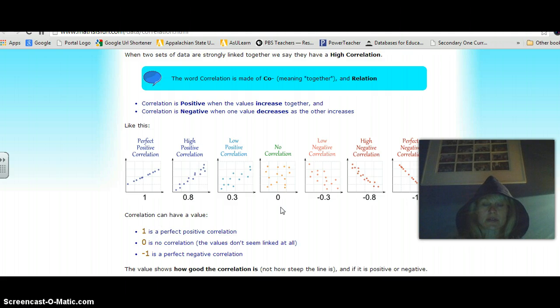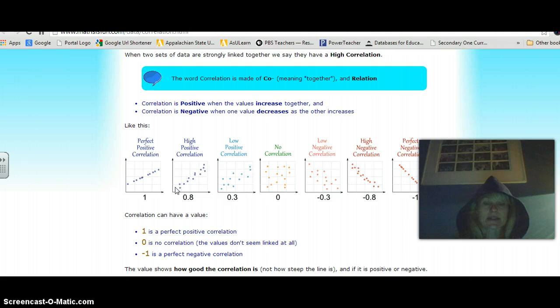Zero, of course, is no correlation. -1 is a perfect negative correlation, so again, you should have a negative looking line. But there's been some confusion about how the correlation is affected when it's not quite these numbers. This has a 0.8, so I would say anywhere below 1 and 0.8 would be